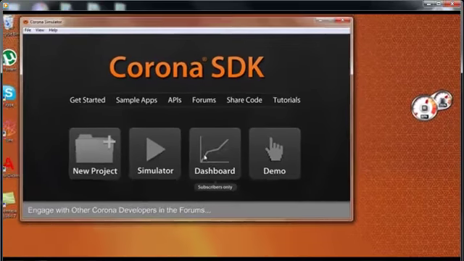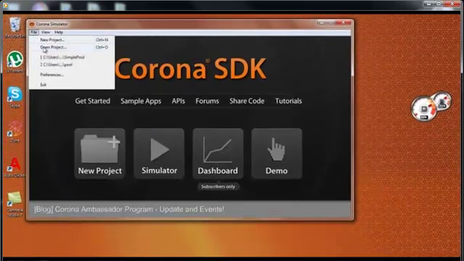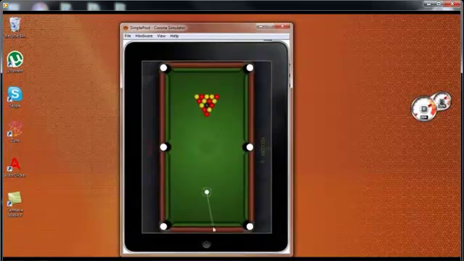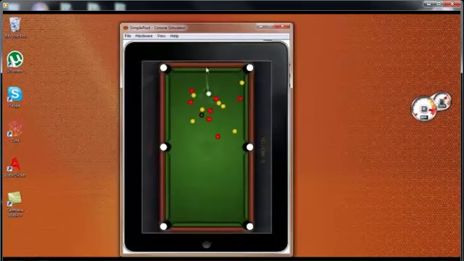So we just need to open up the project, and this is what it looks like. It's just a pool game. You hit the balls around. Everyone knows how to play pool. But anyways, now say